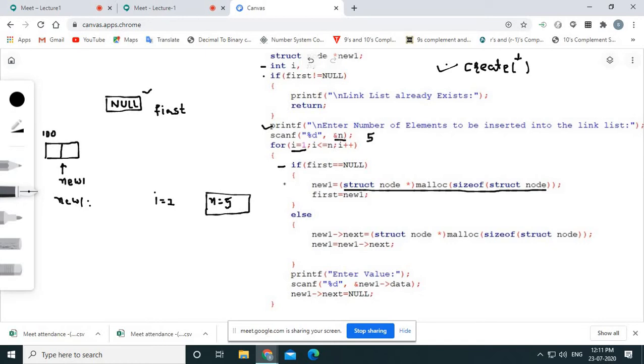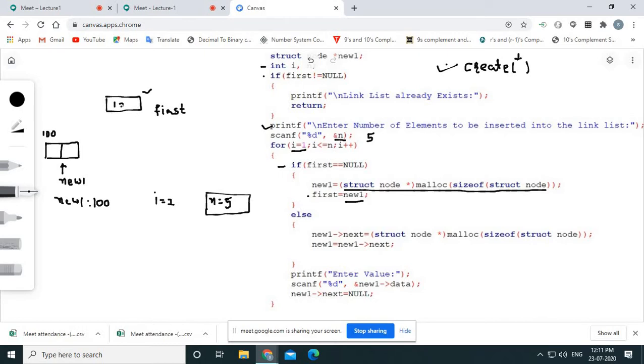Okay, now the next line, that is first is equal to new one. So let's suppose the new node is created on address 100. What you have is 100 in the new one pointer, and this 100 you are just copying into the first variable. So now your first variable doesn't have a null value, but it gets changed to 100.